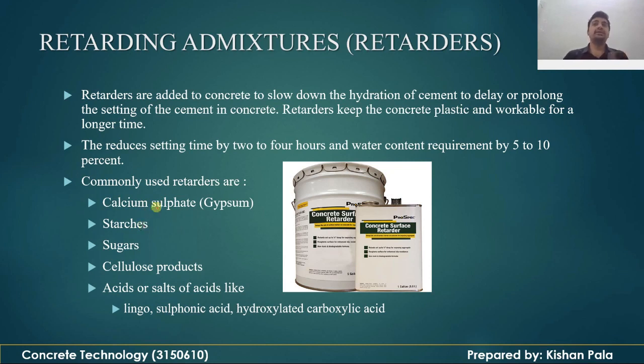You can also retard the setting time of the concrete with the use of sugars and cellulose products, and acids and salts of the acids like lignosulfonic acid, hydroxylated carboxylic acid. So these are the retarders we are using